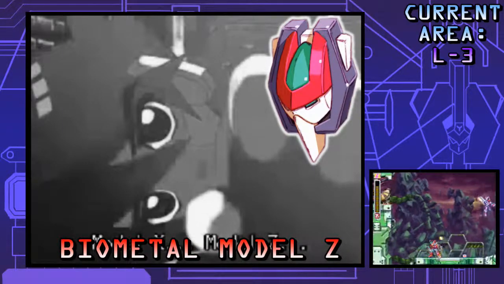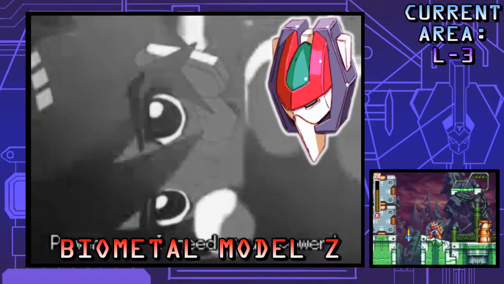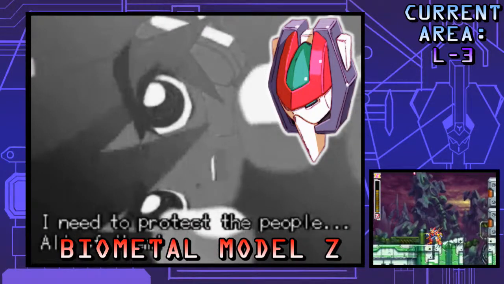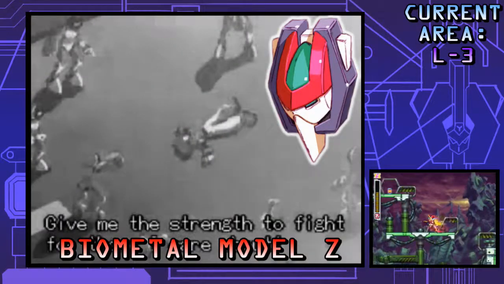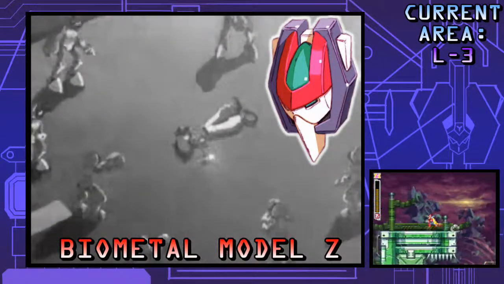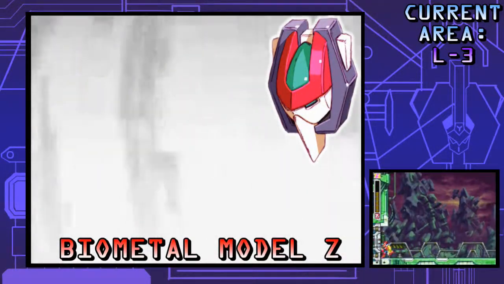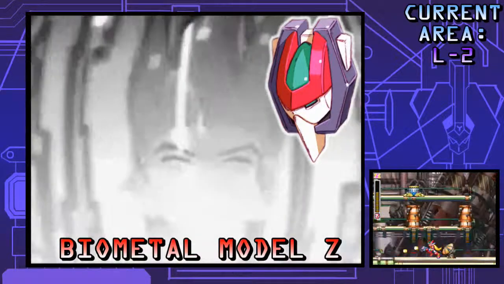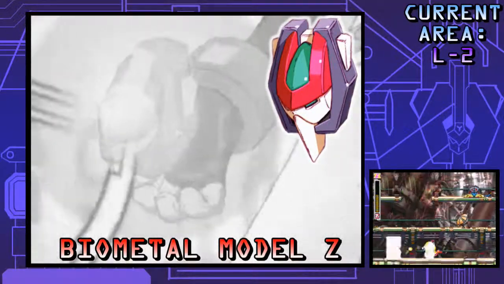Zero originally comes from the long ago era, the same age in which X was created. He was meant to fight and destroy X, as his creator harbored a vendetta against X's good-natured creator. Despite this, he and X became friends and close comrades, saving X countless times during the Maverick Wars and nearly escaping death multiple times. He was sealed off for a few centuries and reawakened during the time of Neo Arcadia